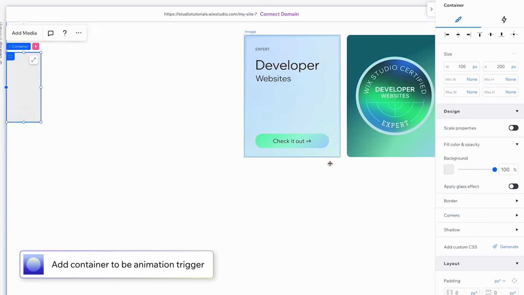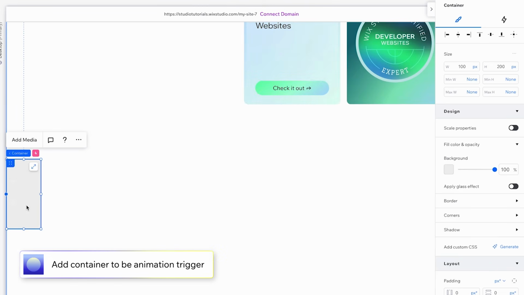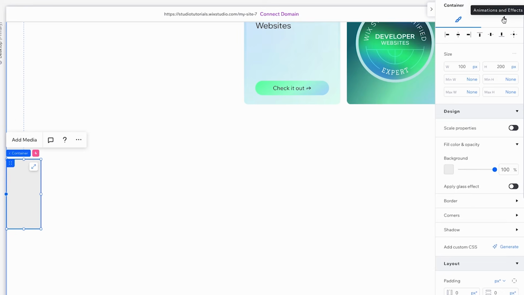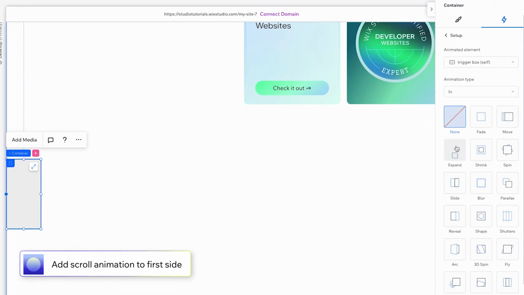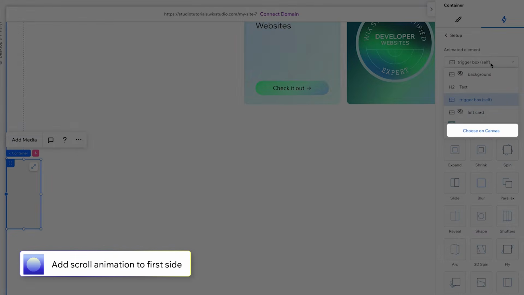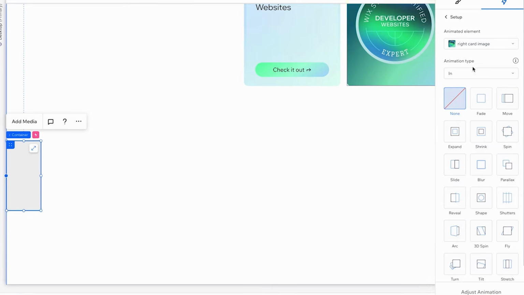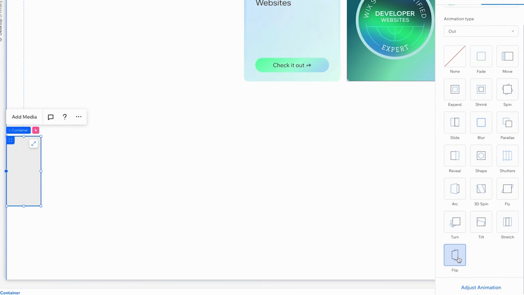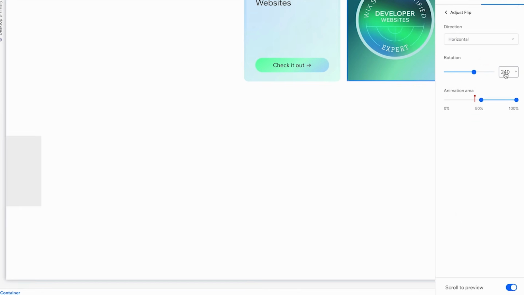Add another container, this will be your trigger, and place it where you want the animation to start. First, select the trigger and apply a scroll animation to the front side of the card. Set it to Out and choose the flip effect. With these settings,